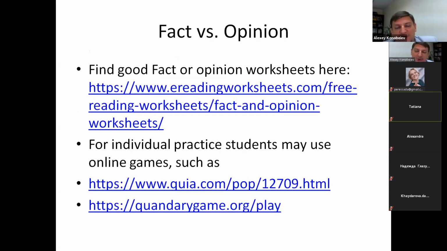Here are some good fact versus opinion worksheets. They are ready-made. You can download them for free from these websites, and they're licensed for free use in the classroom. So feel free to use that. You can also use some online games. We're not going to play those online games right now,